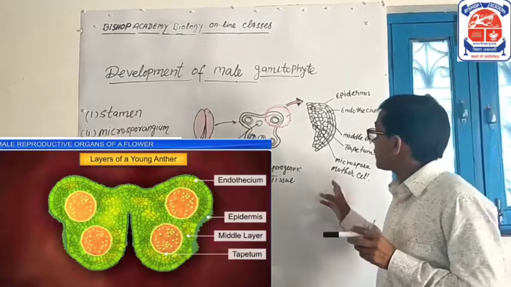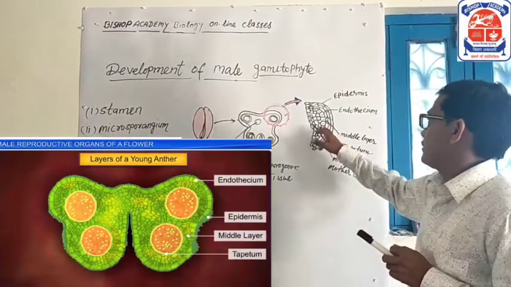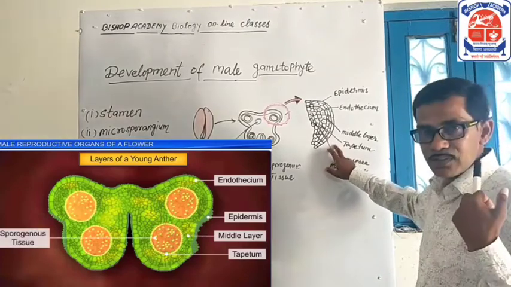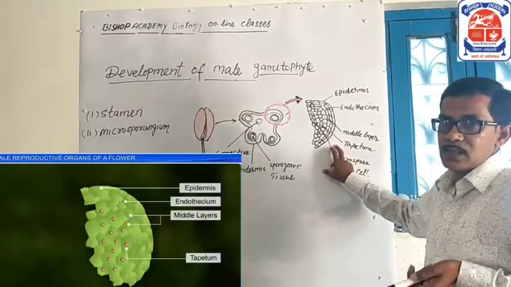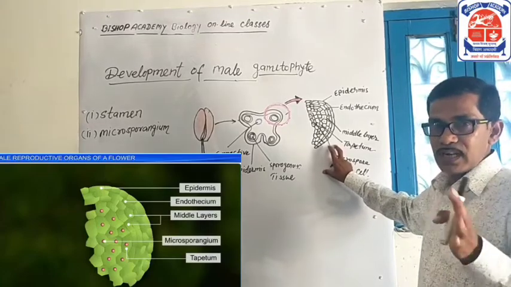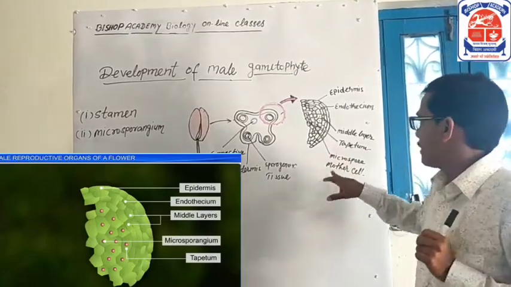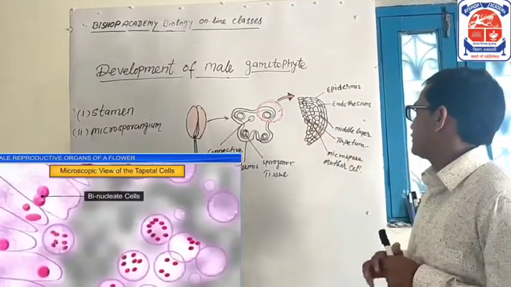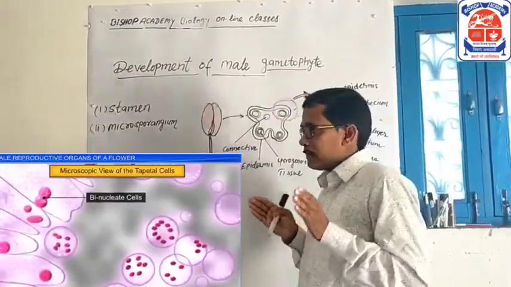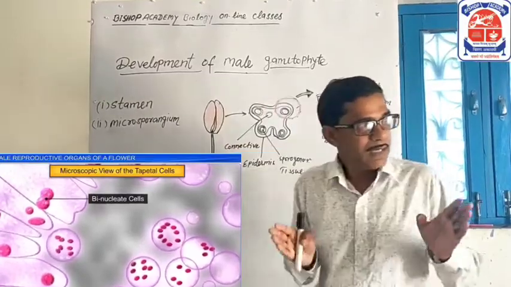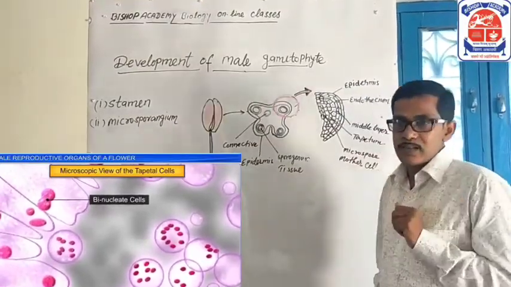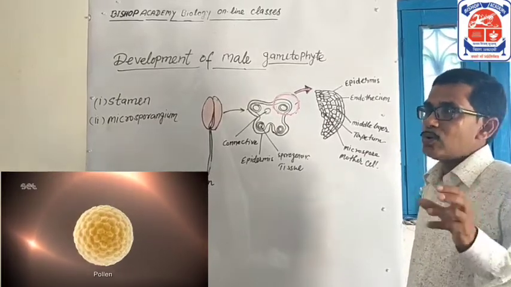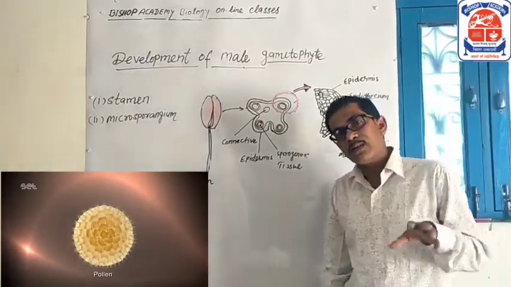The next layer is called the middle layer. The middle layer is also protective in nature. Our next layer is called the tapetum layer. What is the function of the tapetum? The tapetum provides nourishment to the developing pollen grains or microspores which are formed inside the